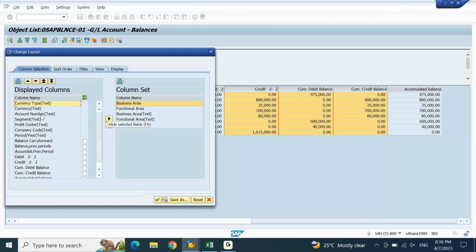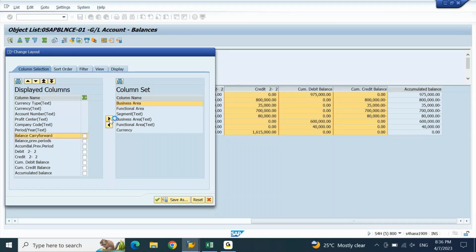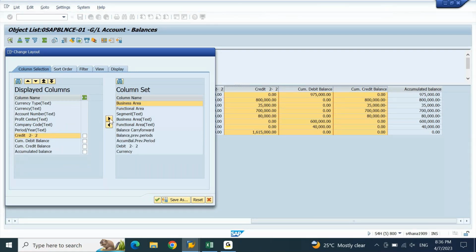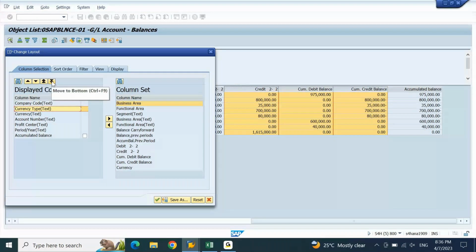Currency, account number, segment I don't want. Profit center, company code, balance carry forward I don't want. Previous year, I only need the closing balance, so I'll take only the accumulated balance. Company code I'll take to the top. Currency I'll bring to the bottom, total for my balance. I'll save this as